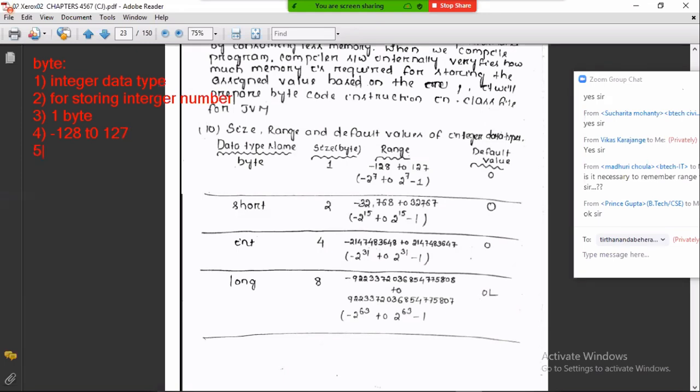To represent an integer number as a byte, we must use either the assignment operator or the cast operator. We don't use this data type in regular programming. We will use this data type only for sending data in binary format. That's it. These are the 6 points about the byte data type.